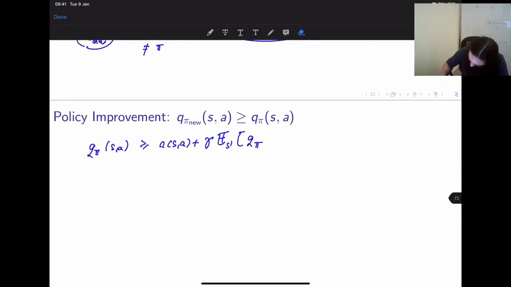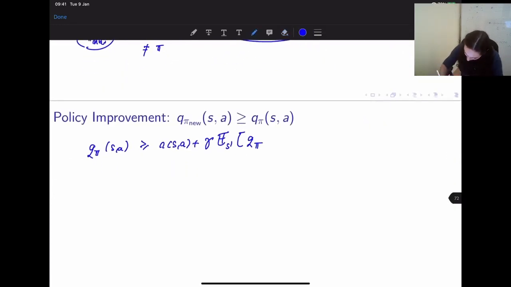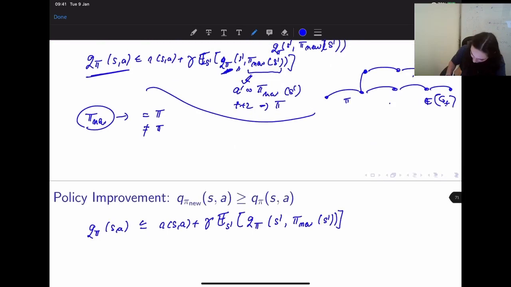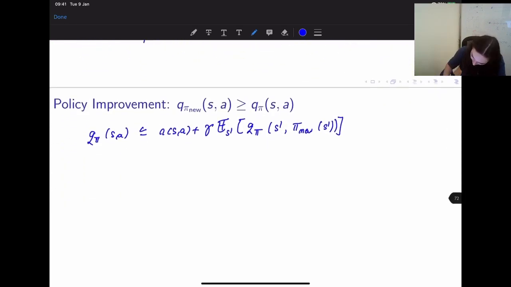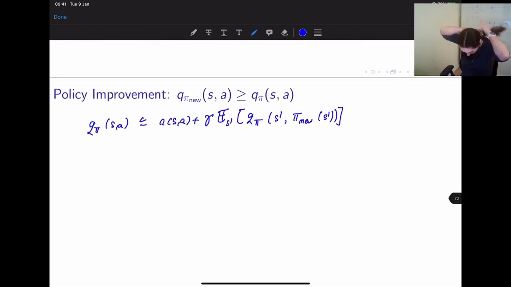Okay, and again, at the next state, we're just going to take an action corresponding to this new policy, and that's it. Oh, sorry, the inequality here is the other way. This is because this is a maximization. Okay, but then we can apply the same principle to this value function and say that this is greater or equal,